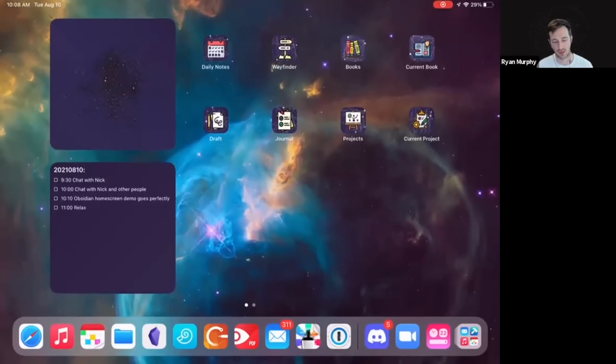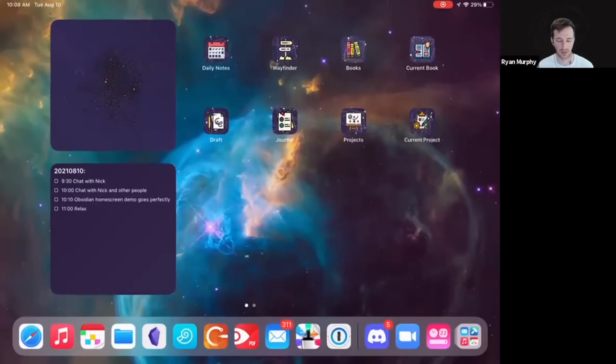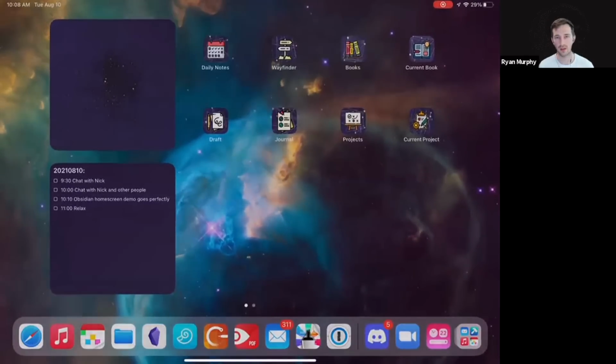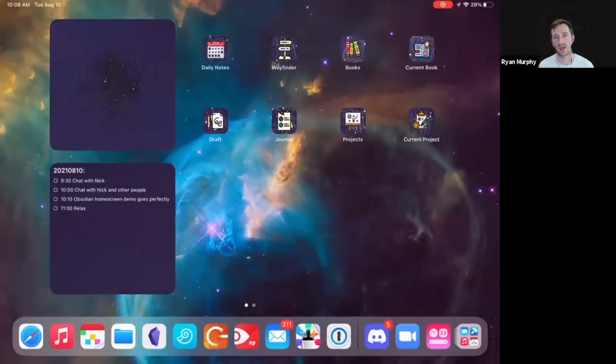And then if I tap that, it'll jump right into the daily notes button, which is the same thing as I've got up here in the daily notes shortcut. So all of those are kind of fun, but not that complicated. I'll provide a link perhaps in the chat to the way to do the Widget Pack widget. But I think all of that is just kind of for show. The other ones are actually more functional.